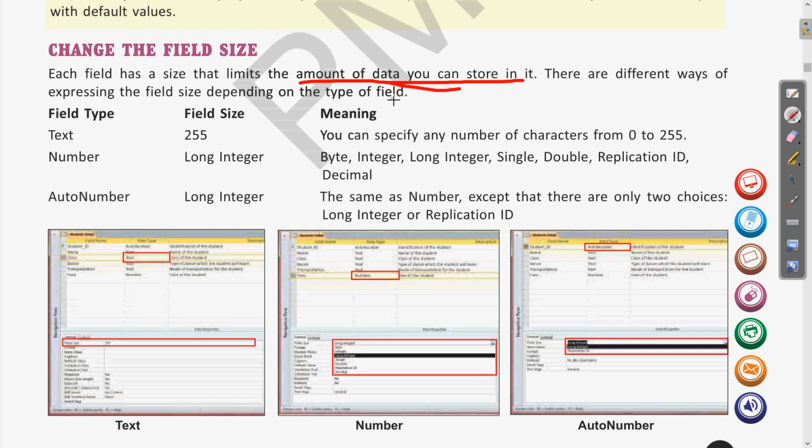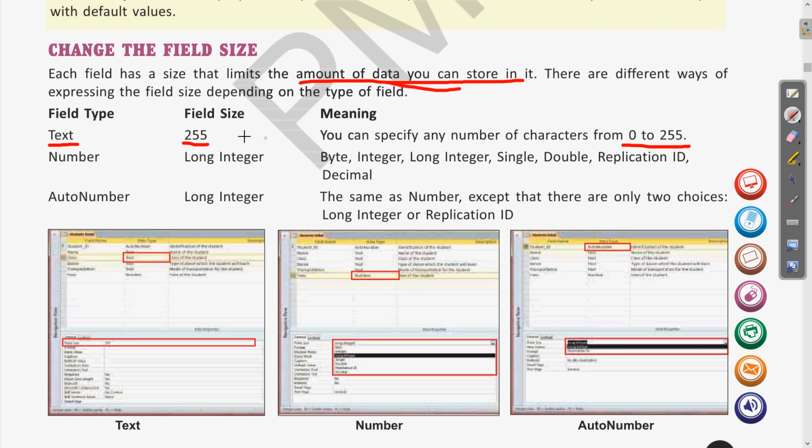Whatever the field type you are choosing, the data type, according to that the field size is different. As you can see here, the field size for the text is 255 characters. Let us read the meaning of this. It means you can specify any number of characters from 0 to 255. Clear?